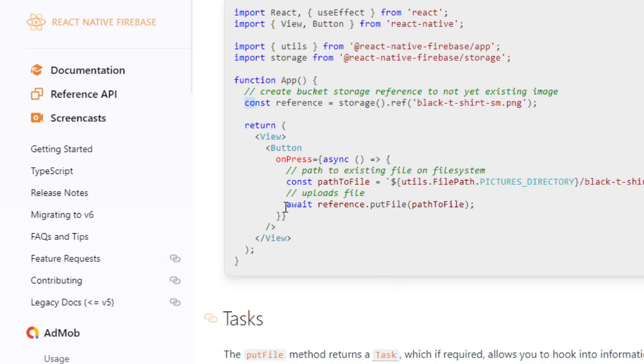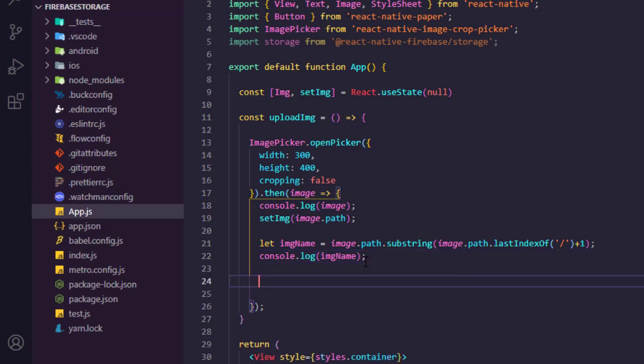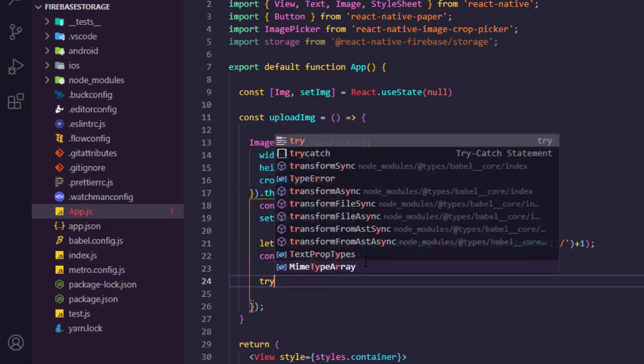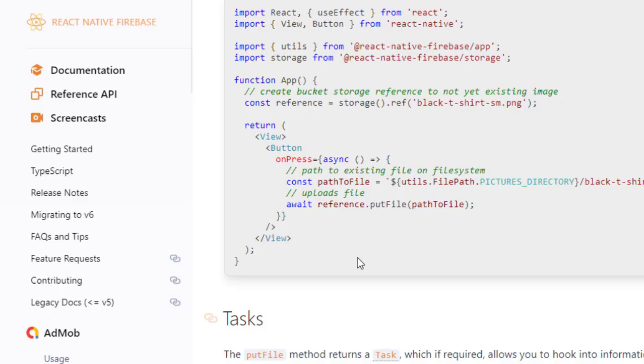you can call it directly or you can just use a try catch block. So we are going to use a try catch block. If any error occurred, we are going to console the error. Otherwise, first we can create a reference, then we call something, or we can directly call the